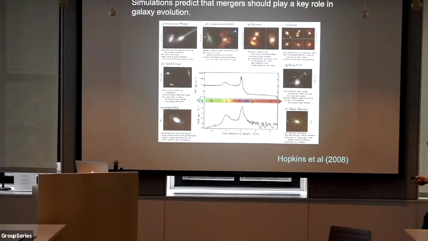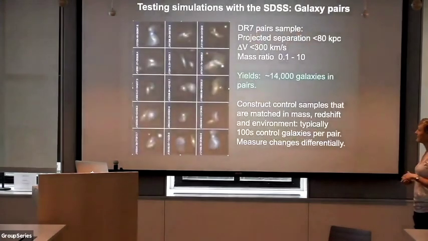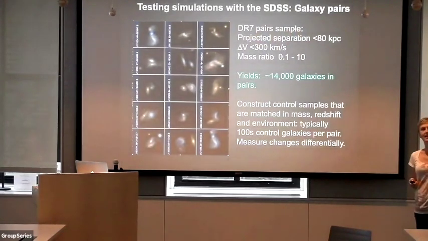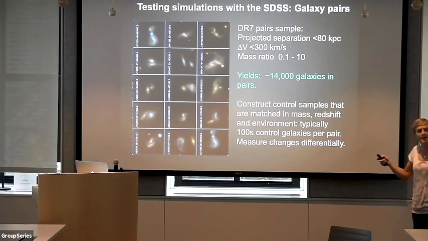So we would like to be able to test these theoretical predictions, and that's what I'm going to be talking about maybe today. So the bread and butter data set that we have used for this has been based on the Sloan Digital Sky Survey, with other multi-wavelength complementary data sets that we've added into it. So we have two components to our main data set, because what we'd like to be able to do is trace this merger process through time, going all the way from the widely separated pairs all the way through to